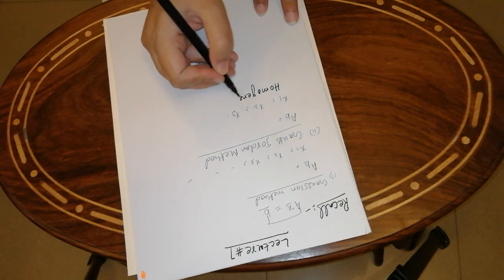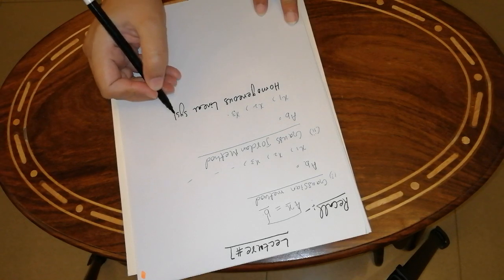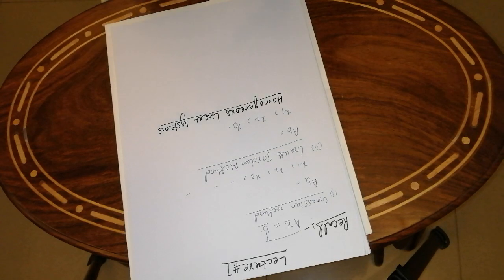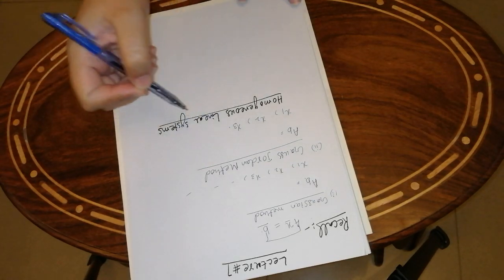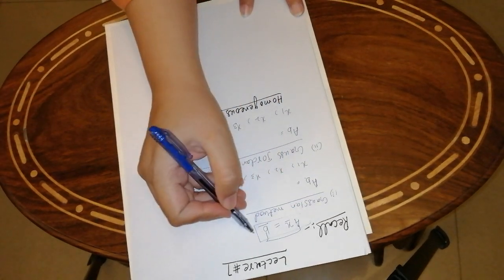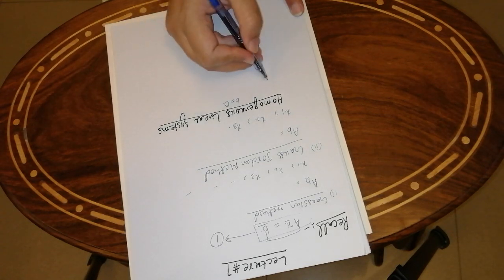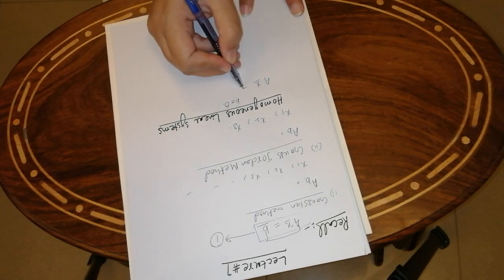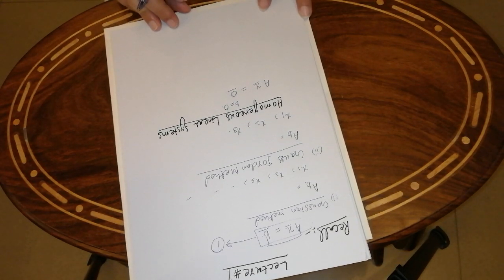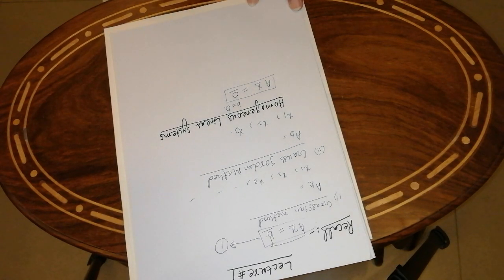Solution of homogeneous linear systems. The difference in homogeneous and non-homogeneous linear system is this. In the equation 1, if we take b is equal to 0, or our system of equation is of the form Ax is equal to 0, this is known as homogeneous linear system. Now we have to find the solution of this homogeneous linear system.